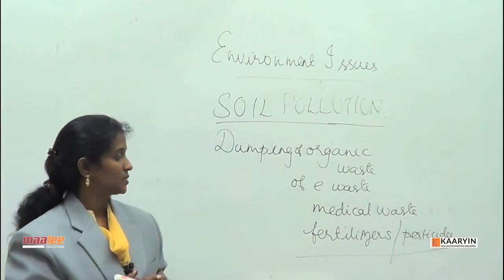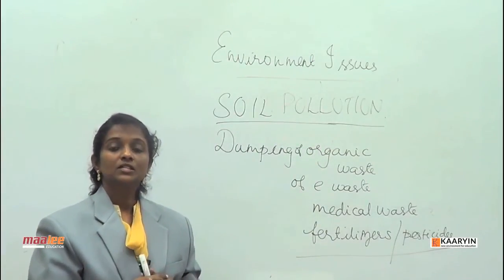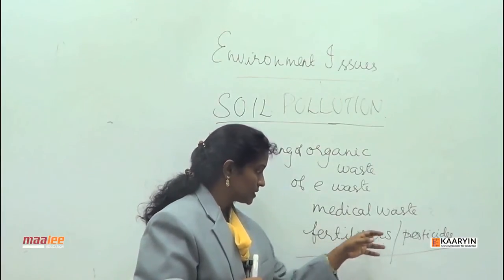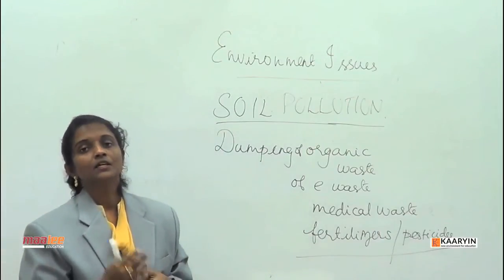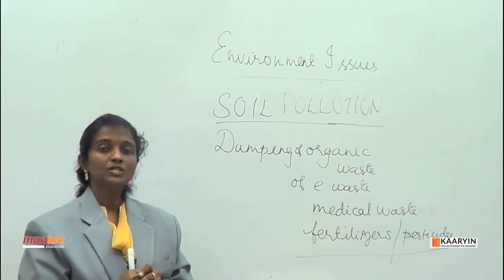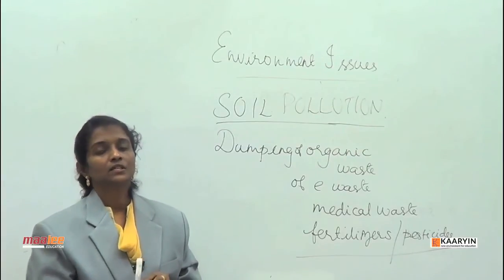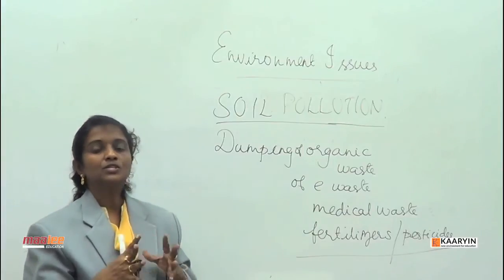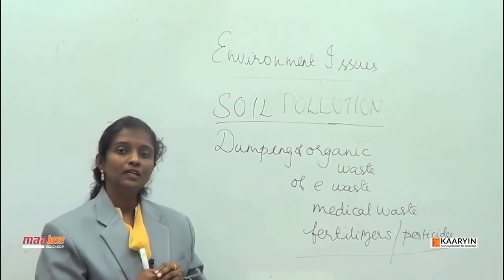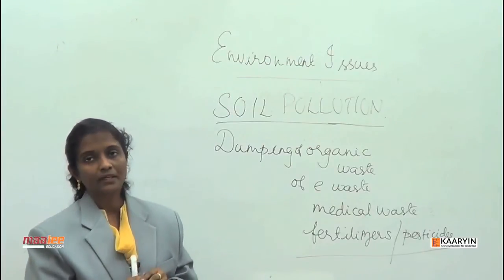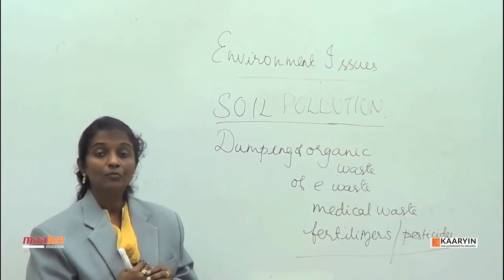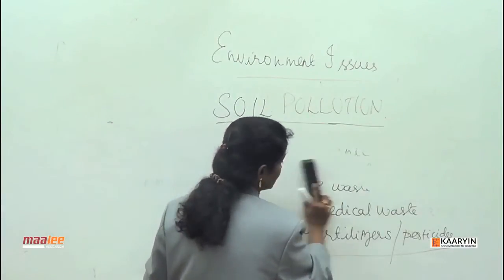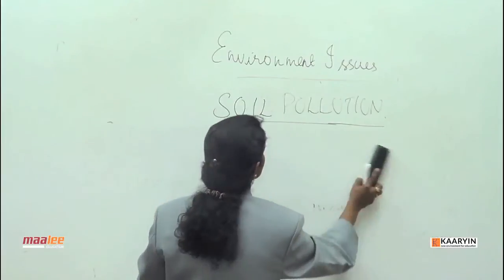As we talked about in the beginning, Rachel Carson's Silent Spring. When farmers use fertilizers and pesticides, they tend to accumulate in the soil, and this leads to the depletion of the naturally present flora and fauna of the soil. As a result, the soil will be vulnerable to attack by pathogenic bacteria, pathogenic microorganisms, and harmful pests. So, dumping of waste is the reason for soil pollution.